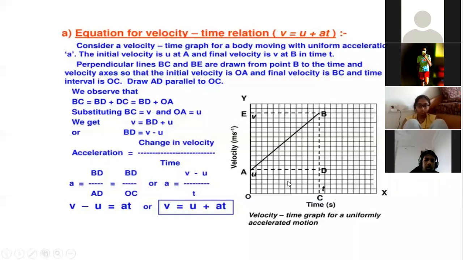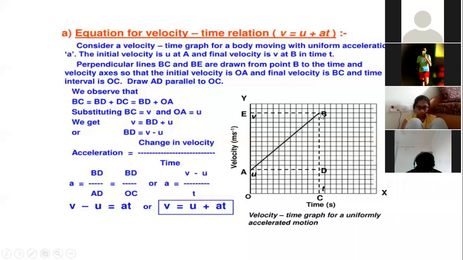From your graph, you might have understood what notation we have taken. Children, just see here, the x-axis is the time axis. So your OC will be on your time axis, and your AD and OC are small t. If AD is the time, even OC also will be on your time axis, so OC also will be t. You have got a uniform acceleration graph, because it's velocity versus time. It's change in velocity versus time, and change in velocity divided by time is acceleration.